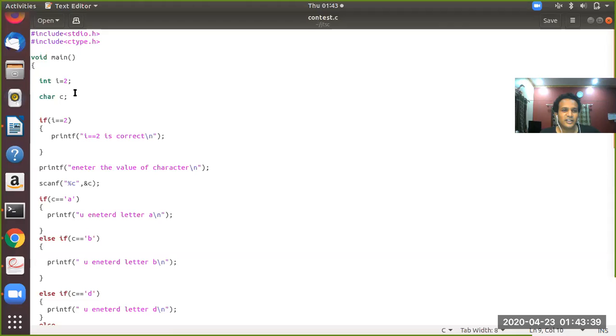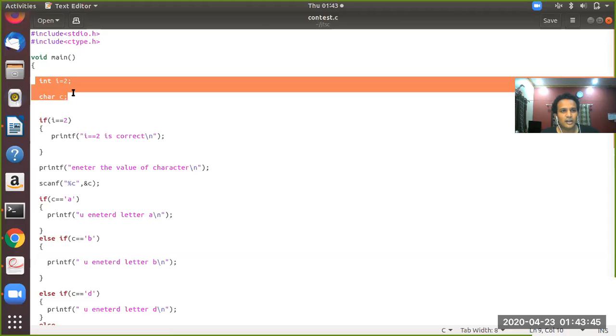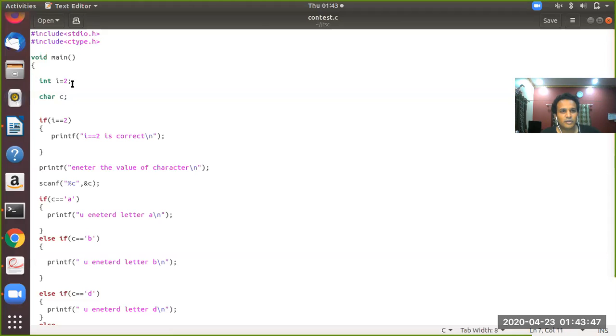Now character c is not initialized with any value. These are the two variables which are declared, and these are statements which will not be executed. It is only a statement which is declared. All the variables which are declared will be treated in the compilation stage only.